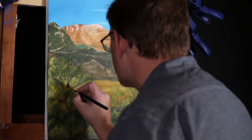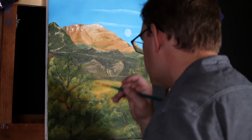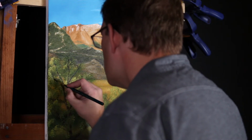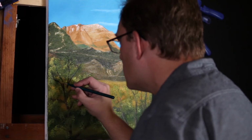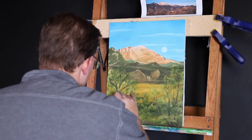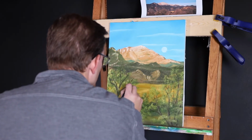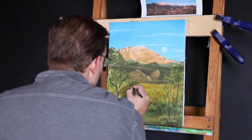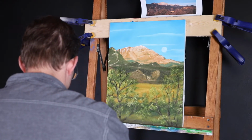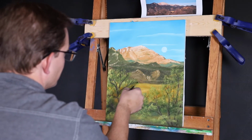It has been a couple weeks since I did part 2, so the canvas is fairly dry. I like to steady my brush hand with my pinky, just because it gives me a little finer control. I know there are a lot of people who paint, and I'm fascinated how they can do this, but they hold the brush like this and just